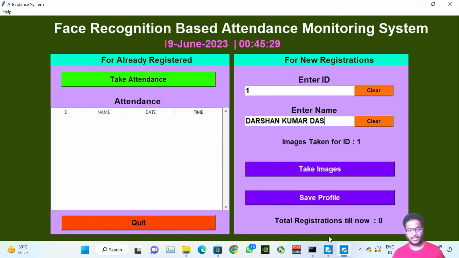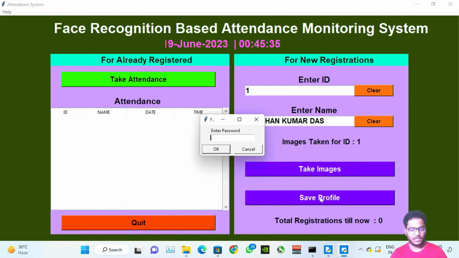So images are taken. Now click on save profile. Here you need to type a password. The password for this project is smagix, and everything will be in small letters. Keep in mind that everything will be in small letters and the password will be smagix. Many of you have earlier typed the wrong password, for which the project didn't run. Anyways, I'm saying too much. Now type